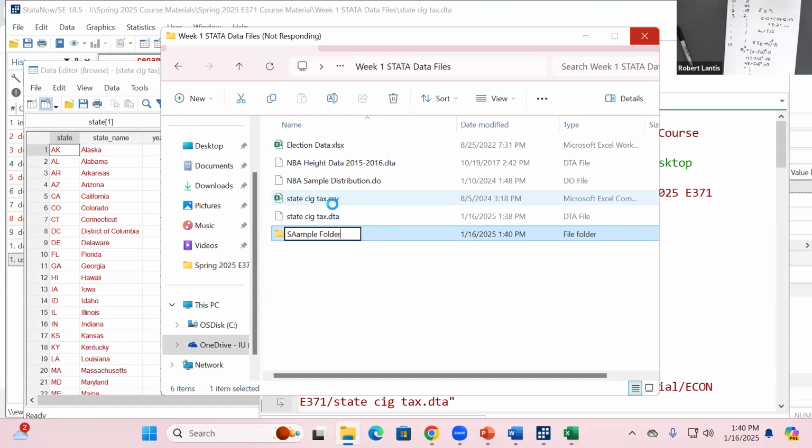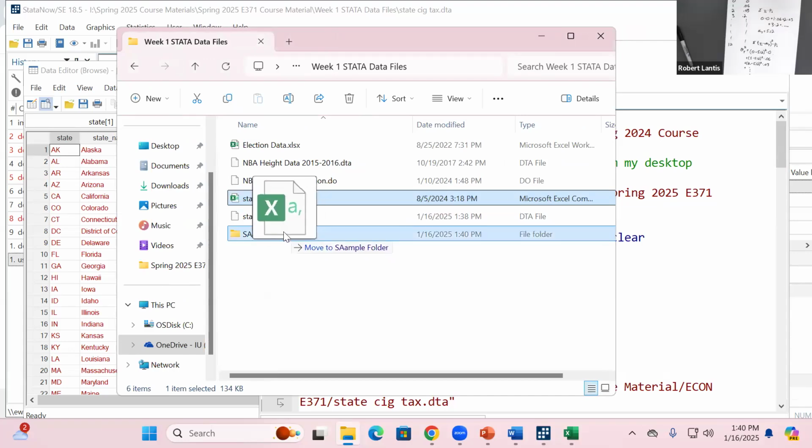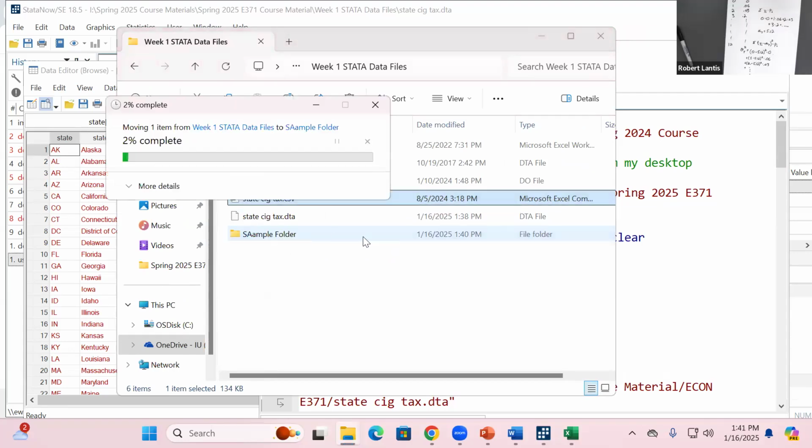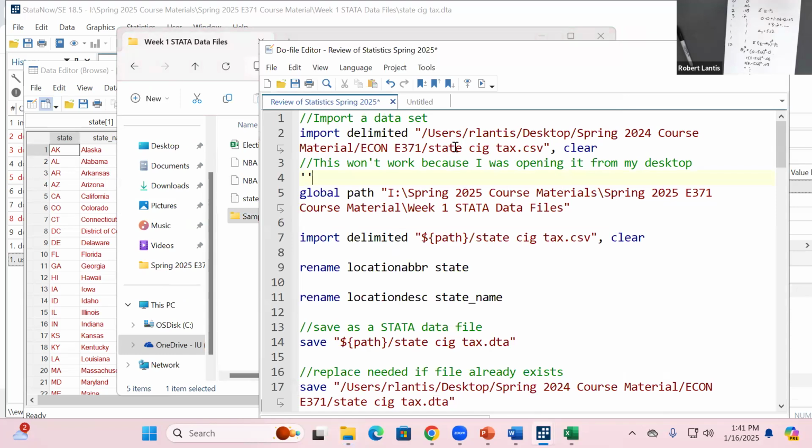Once it responds, if I were to drag and drop that file here, now it can no longer find it because it's under a new file path. So let's say I drag this down here, and I'm going to rename it so I don't have to worry about this capital A. So it's sample folder. Right? So if I try to go back to your point and import that file again, or wait, no, I didn't move the right one. Oh yeah, I did. So if I try to import it now,